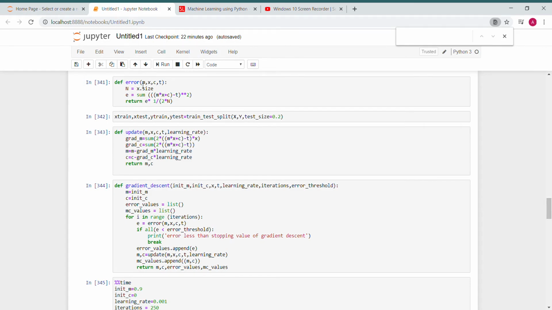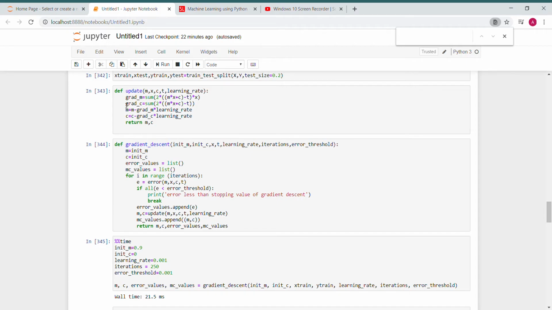Now here we have defined the error. Here we have used the mean squared error function as we are using linear regression here. And the fourth step is here we have split the data set into training and test data, two different parts. These functions are already present in the library of Python, so we didn't have to write much program for it.